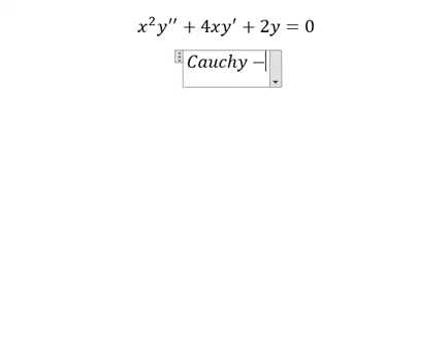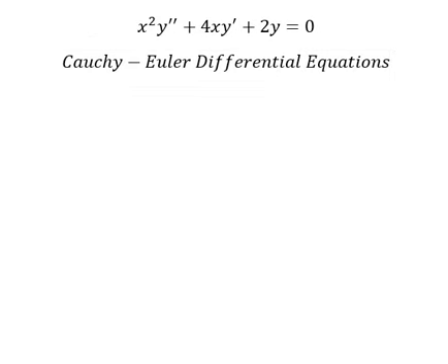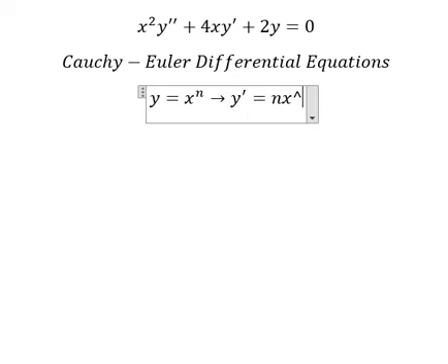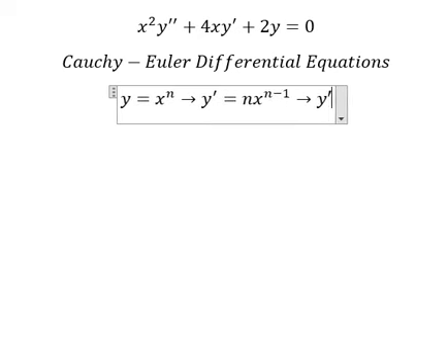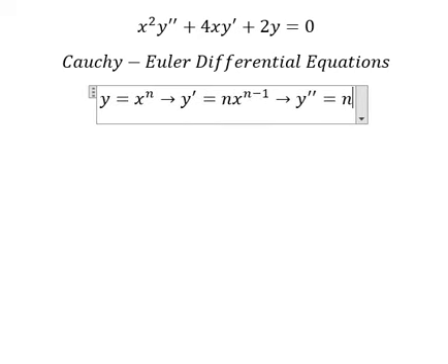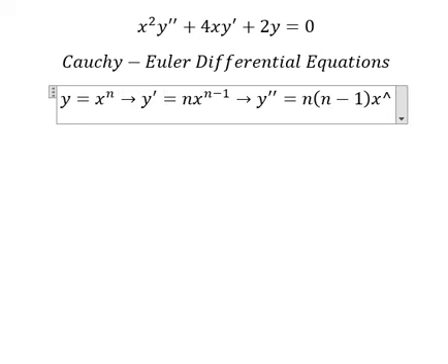Cauchy-Euler differential equations. So I will put y equals s to the power of n. Later we need to do the first derivative of y. We have n s to the power of n minus 1. And for the second derivative of y, we have n times n minus 1 multiplied by s to the power of n